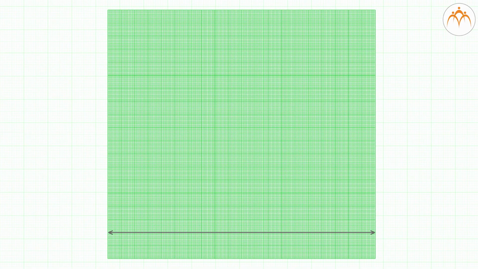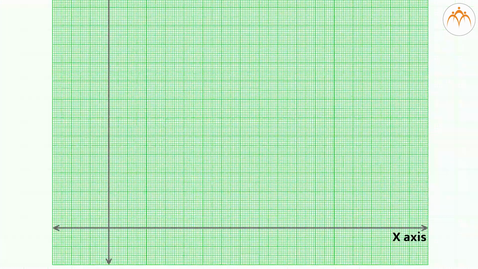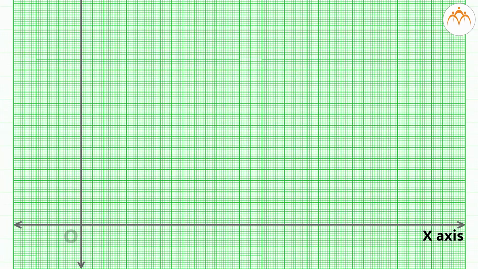Ready? So you have a graph notebook here, right? Good. Now start drawing step by step as I tell you. First, draw a horizontal line at the base with a pencil. This is the x-axis. Now draw a vertical line that intersects the x-axis at a right angle. This is the y-axis. The intersection point is called O. Okay?